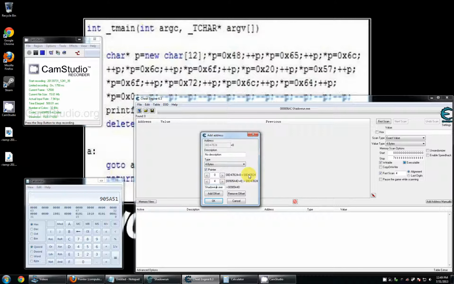Now you can see there is a subtle indirect way that Cheat Engine is telling us that there are 2 levels of pointers, and that is the little hyphen in the arrow. So we can just use the text box here. That's a hyphen, then an arrow. Is that a hard and fast universal thing in computer science? No. But in general, when you see a hyphen and then a little right arrow, as the case may be,